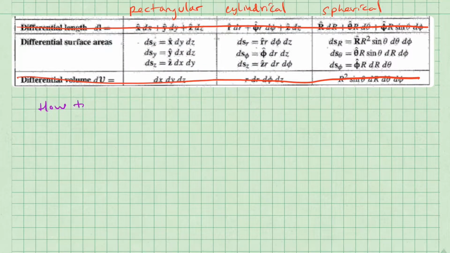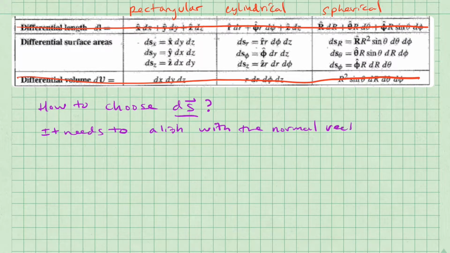So how do we choose the correct differential surface? Well, it turns out that if we are calculating the outward flux through a surface, we're going to point the normal vector for each piece in the outward direction. Then, the differential surface needs to point the same direction as the normal vector. An easy way to find the correct ds is that we want to integrate over whatever differentials will cover our